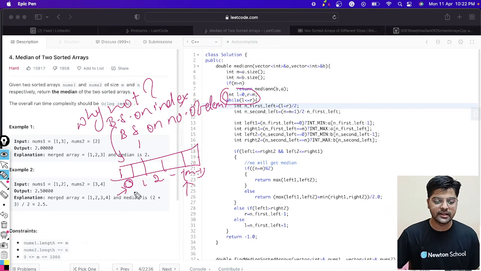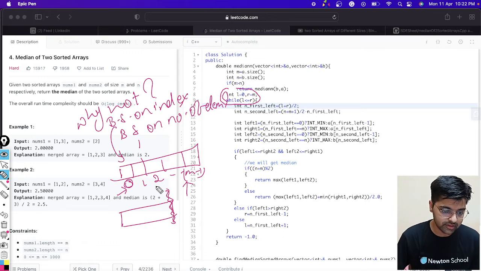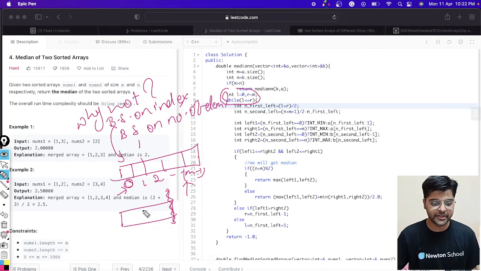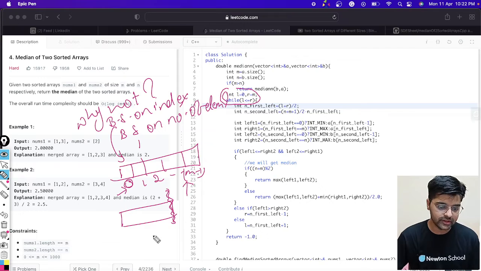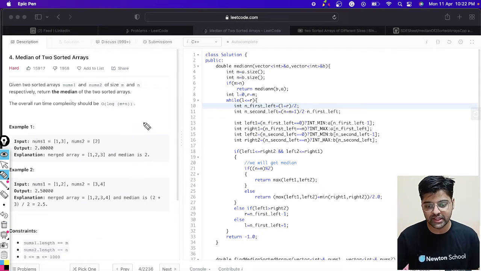We can do that too, but we would have to define better what the index in the binary search represents, for example the rightmost boundary. But I think binary search on the number of elements is easier to understand. That's why I did binary search on the number of elements.